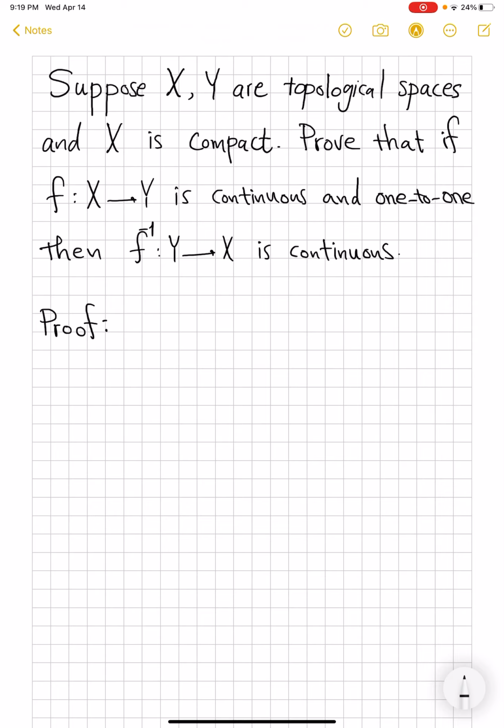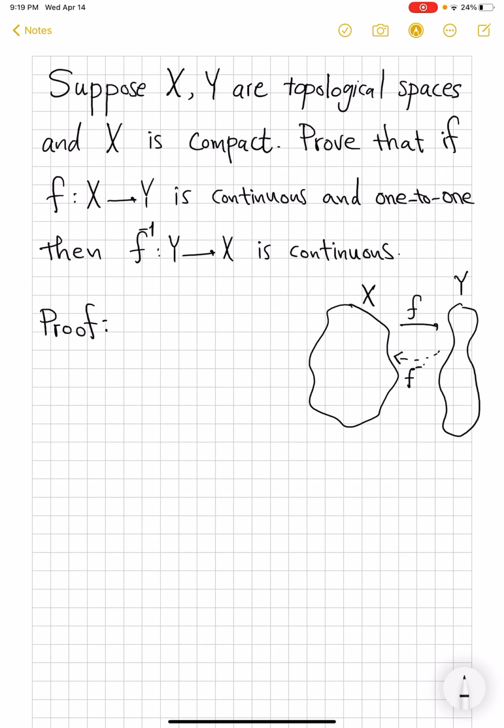to show that a function is continuous, we have to show that the pre-image of every open set is open. But this is equivalent to showing that the pre-image of every closed set is closed. So to keep track of what map is going from where to where, suppose this is your X and this is your Y. This is map f, and f inverse is going in this direction. So we must take a closed set in the image of f inverse. That means you will take a closed set A inside X, and we have to show that the pre-image of f inverse of